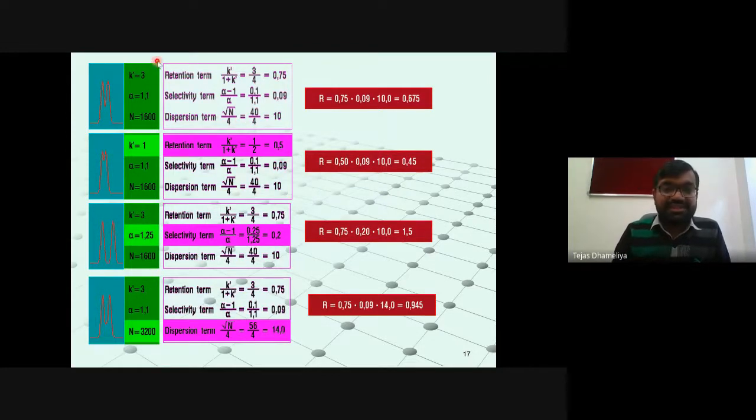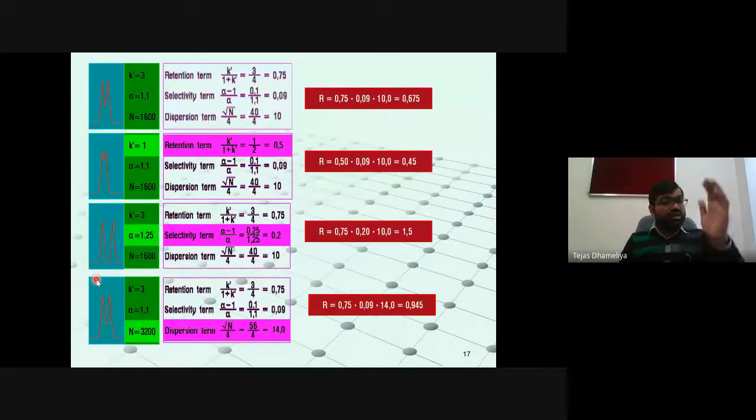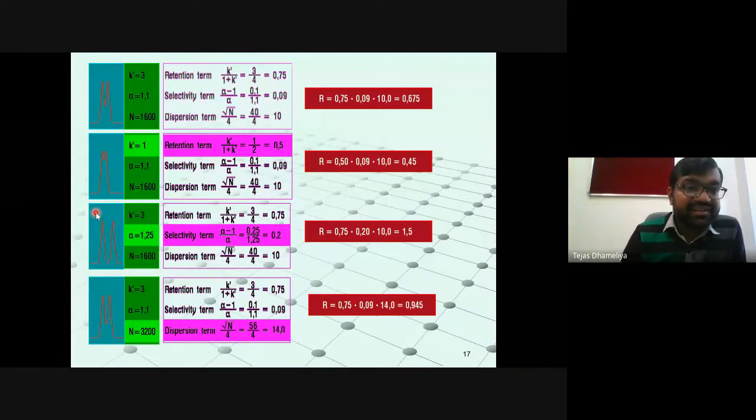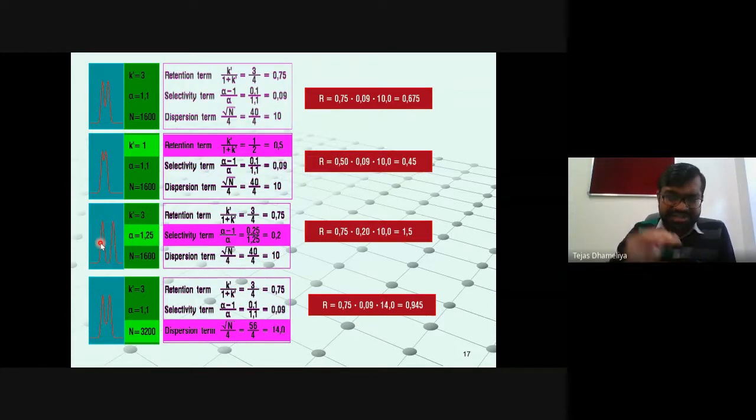You can achieve the separation. Here you can see the value of resolution, capacity factor, and number of theoretical plates. The comparison has been provided for these four peaks. Looking at the peaks, you can see that a better separation is achieved in this third case, where the separation is perfect. But if we want to quantify, we can compare the terms